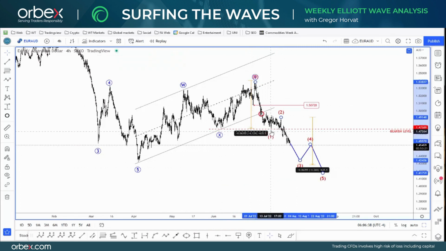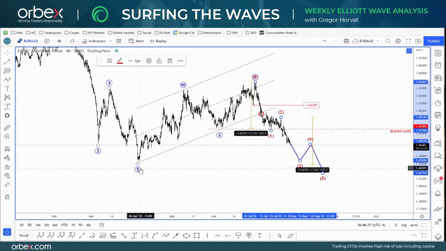So what I'm seeing here is a very nice ongoing weakness after a completed complex correction here at 1.54. I think that more weakness could be seen here because we need 5 waves down. Always when I see a completed correction, just be aware that the market should fully retrace the previous recovery.